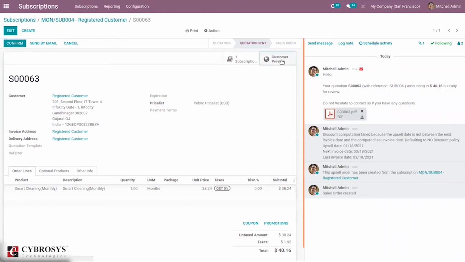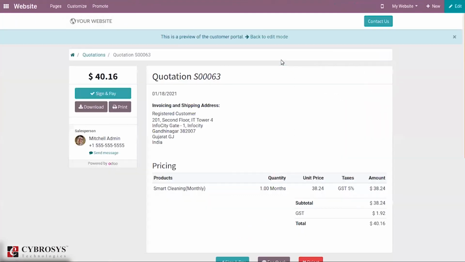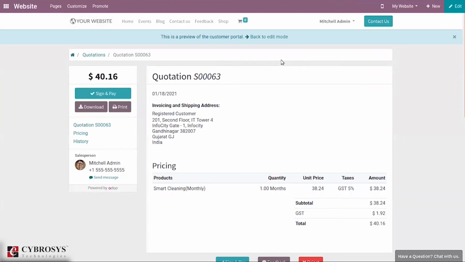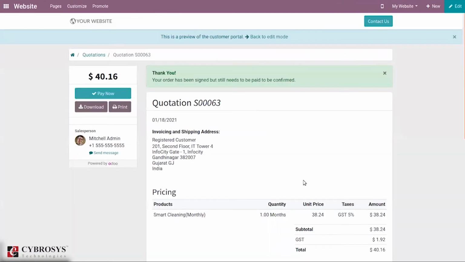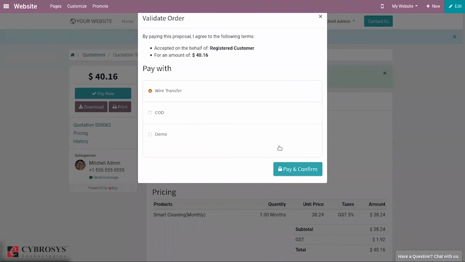So customers can preview the details. So here we can see the quotation as customer, and so it is possible for customer to sign and pay. So we can accept and sign, and it's also possible to pay this.